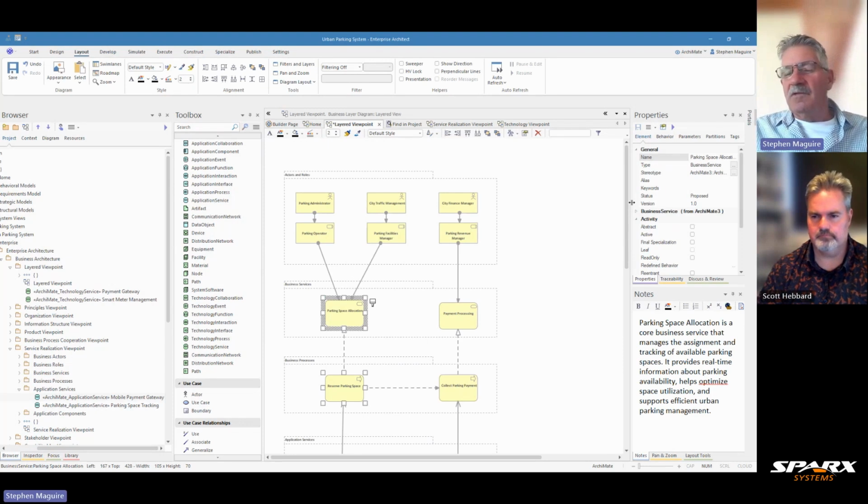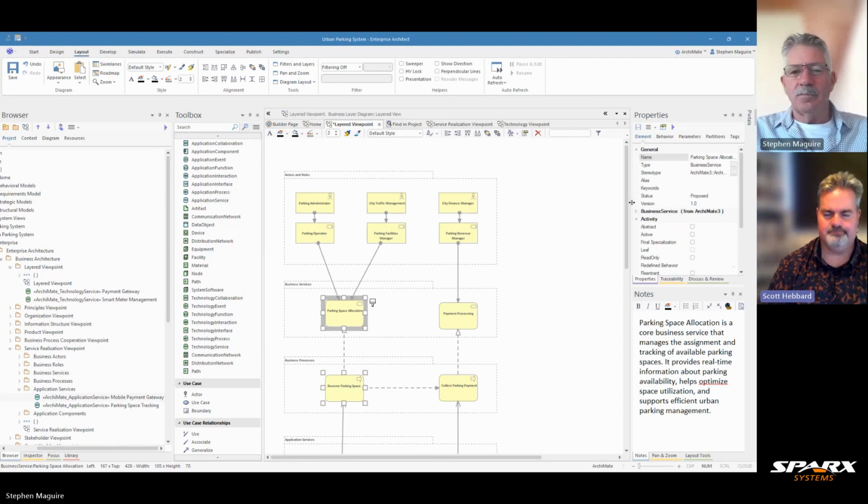So a very useful viewpoint, Scott, but remember, I'm drumming home this idea that we created this really without creating any new elements. We used the elements from the various other viewpoints that we created, and we've created this viewpoint that's going right through all of these different layers. Yep. And if you've done the work in the other areas, a lot of this diagram takes care of itself. Exactly, Scott. You can just reuse the elements,